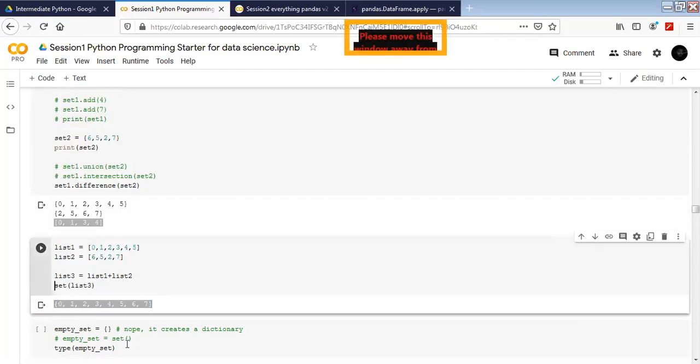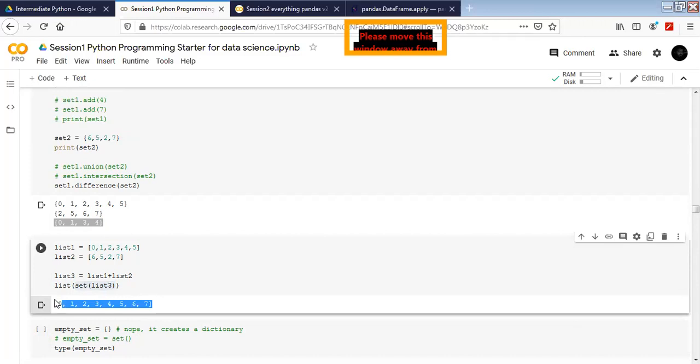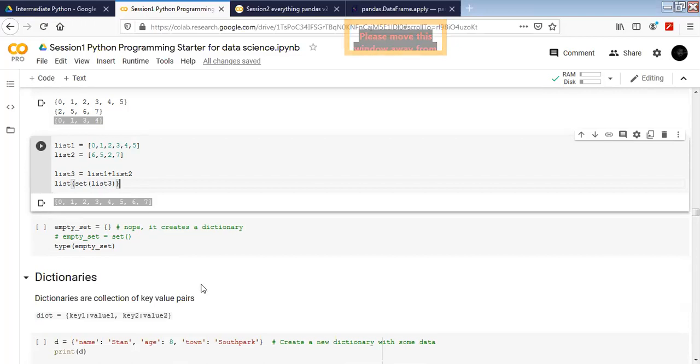Then again I converted it back into a list, and this gave me all the unique values. So if I have two lists and I want a combined list of only unique values, I can just join them, convert into a set, and reconvert that into a list. Is that clear? Yes, sir.